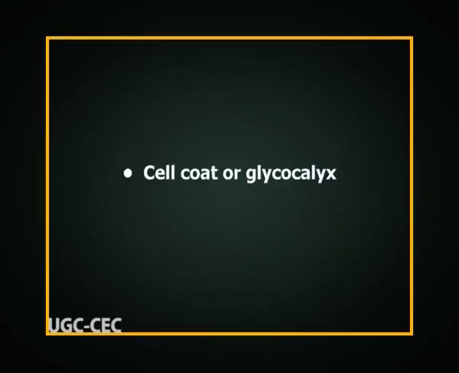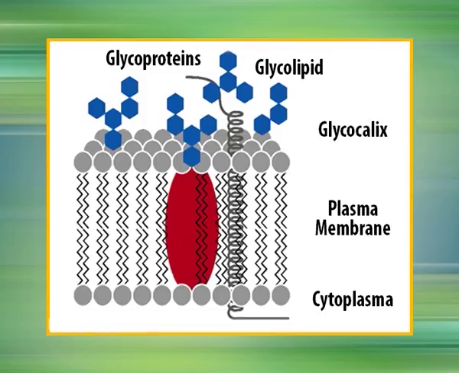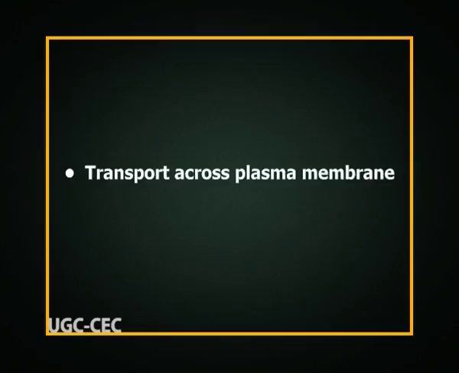Now, cell coat or glycocalyx. Carbohydrates are present on the surface of all eukaryotic cells. The carbohydrates such as oligosaccharides are bound either to proteins forming glycoproteins or lipids forming glycolipids. Plasma membranes also contain integral proteoglycan molecules with surface exposed polysaccharide chains. The term cell coat or glycocalyx is used to describe the carbohydrate coating of the cell surface. The cell coat helps to protect the cell surface from mechanical and chemical damage and also mediates specific transient cell-cell adhesion events.